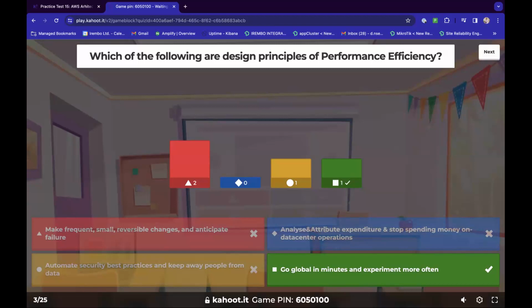So this is in regards to security. So the best answer here is to go global in minutes and experiment more often. So yes, the majority chose number 1. Number 1 would make sense as well, but I believe the last one makes more sense.